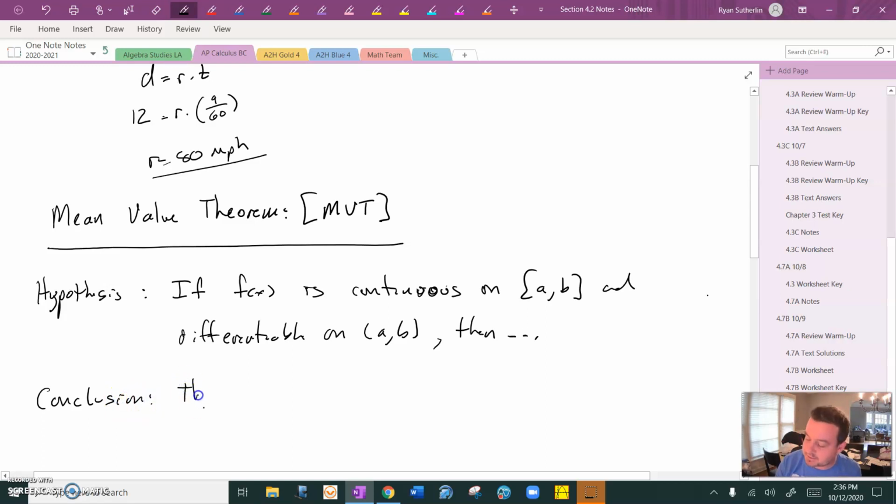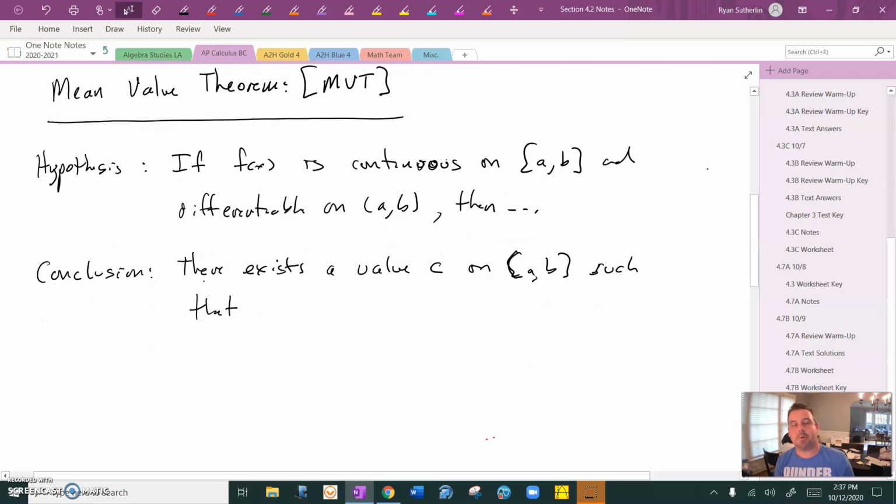Then there exists a value c. See that idea of an existence theorem. There exists a value c on that interval a to b such that,